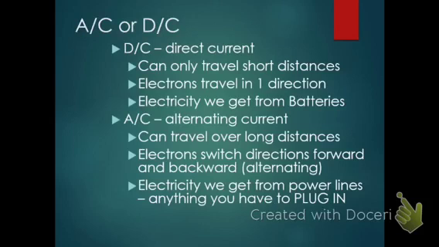Okay, so AC or DC, and I'm not talking about the band, but alternating current and direct current. So when electricity was first discovered, and the first electrical station was set up, the electricity flowed to different places through direct current. And it was great because they figured out how to use electricity and have lights, but it was bad because people who lived in rural areas could not get electricity because direct current can only travel very short distances. So only those people who lived right around the electrical power plant would be able to get electricity